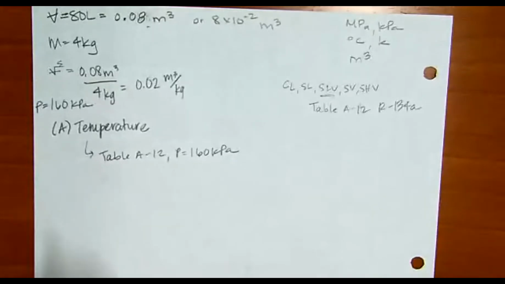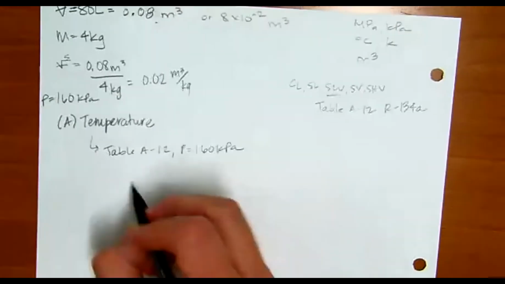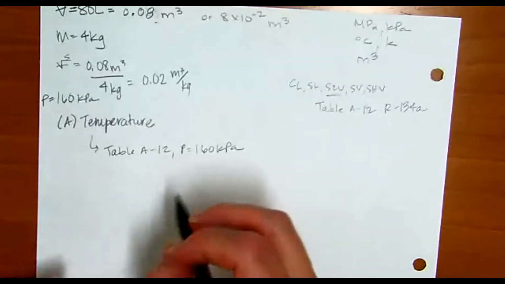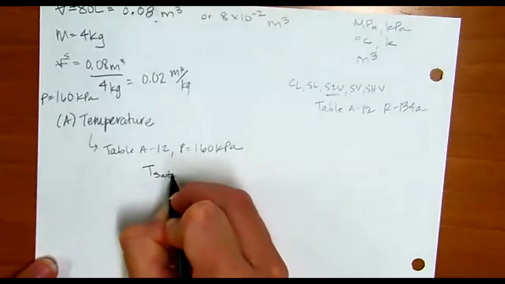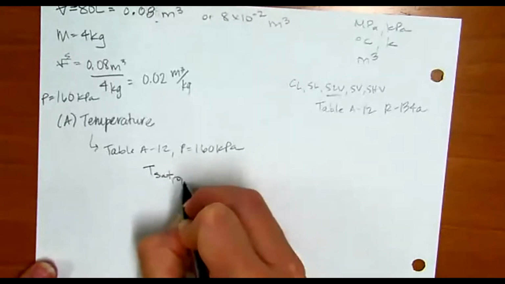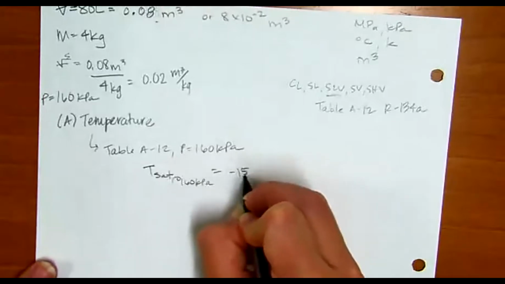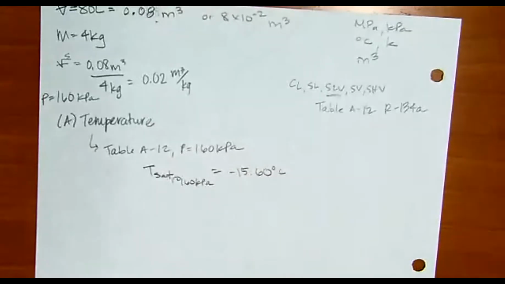This is where the reading and the definition will help you understand this concept. The refrigerant here is turning into a gas. It is vaporizing and sometimes condensing a little bit, but your temperature of this mixed region is always going to be your saturation temperature. So your T-sat at 160 kilopascal is going to be negative 15.6 degrees